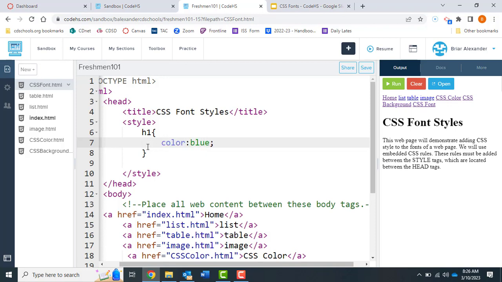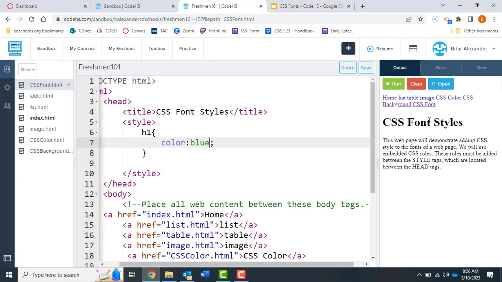Now we've done this before, but not using CSS. So this is the CSS way of doing it. Previously we did it inline style directly in the H1 tag that was in our body tags. Now we're doing it the embedded CSS way. Moving forward, when you want to make style changes, you want to use CSS. What this is going to do is change the color of this heading over here